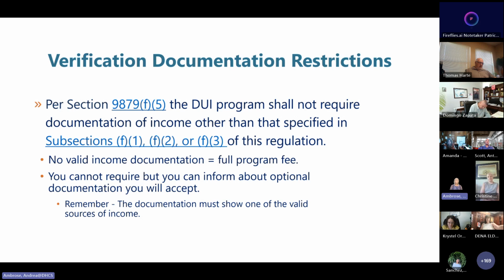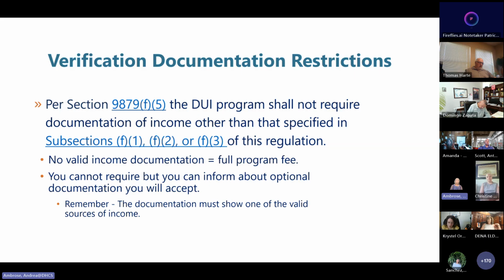If the participant does not present one of those valid income documentation pieces, they must pay the full program fee. And again, you can let participants know that there are optional documents that you will accept, but you cannot require them to bring any of those optional documents.